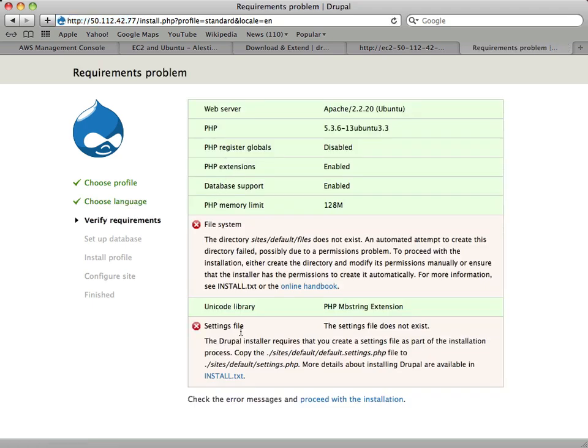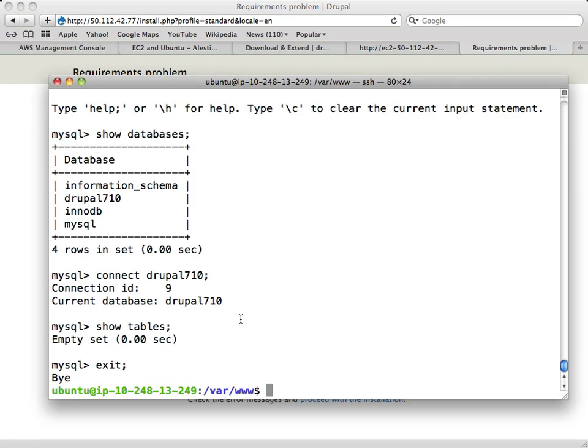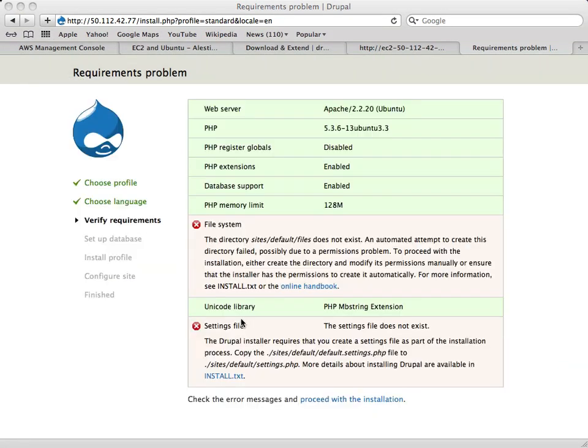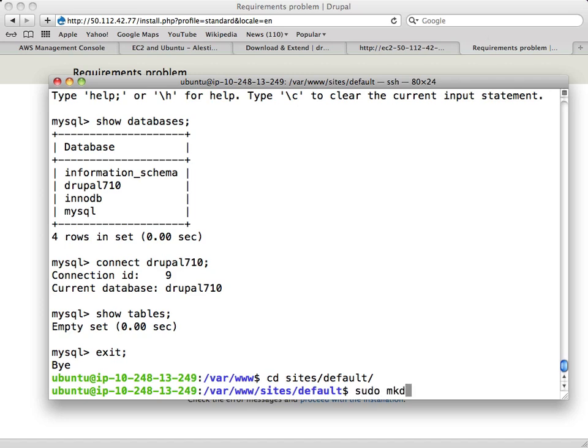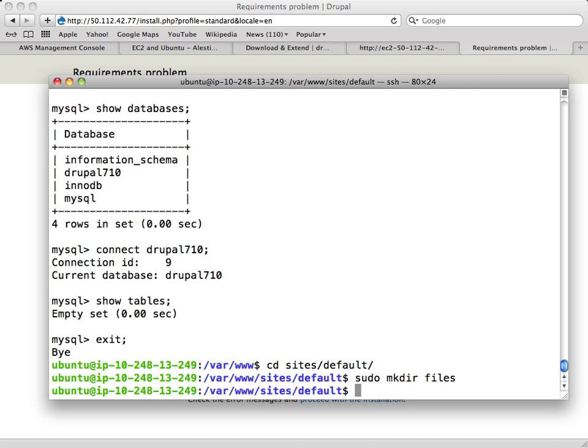Let's make sure that we have the code library. CD sites. Make dir files.